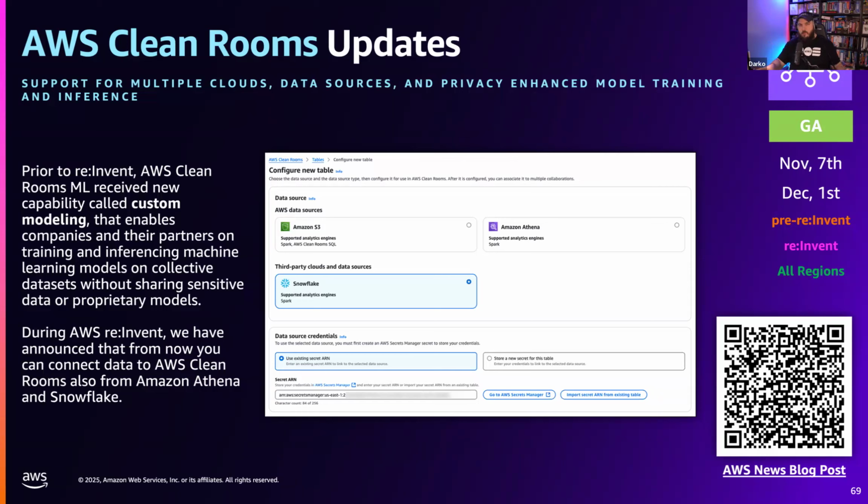For folks who don't know what a clean room is, imagine you're working with a partner. Let's say I'm working with Twitch. Twitch is technically Amazon, but not Amazon, and I want some specific analytics data that they want to share with me so I can do some magic stuff. Instead of them giving me the data outright, we can use a clean room, a place where we can both come together and work on that data. They will provide the data there, I will do my analytics on it, and they can extract the data. That's it. It's a very interesting feature specifically when you collaborate with partners on data workloads. So good.